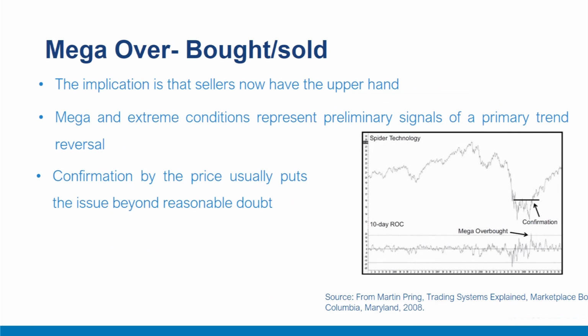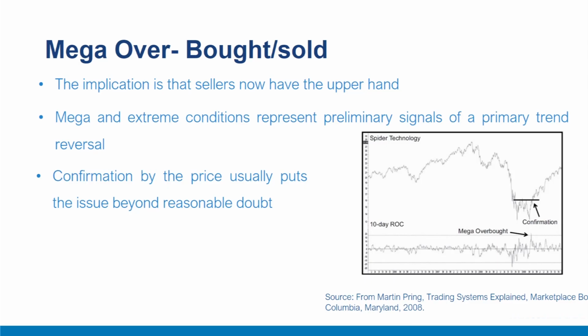The implication is that now sellers have the upper hand if it was a mega oversold. The fact that it is possible for the momentum indicator to fall so sharply and so deeply is in itself a sign that the character of the market has changed. When you see this type of action, you should at the very least question the bull market scenario. Look for telltale signs that a new bear market may be underway. What are the volume configurations on the subsequent rally? Does volume now trend lower as the price rises, compared to previous rallies that were associated with trends of rising volume, and so forth? You can look for multiple evidences.